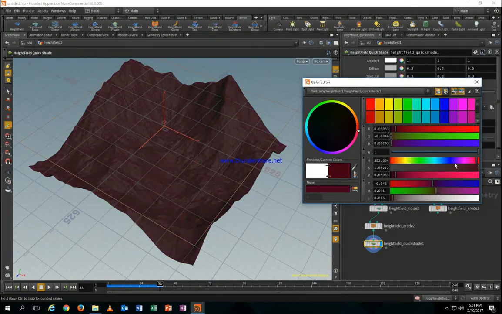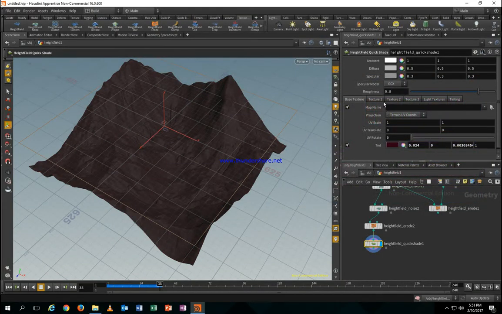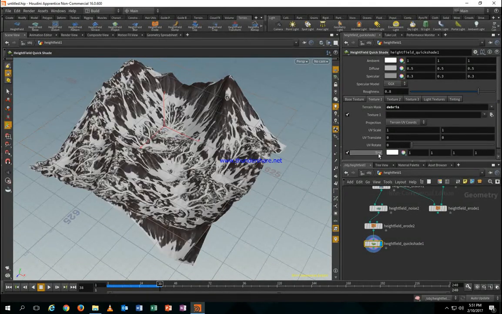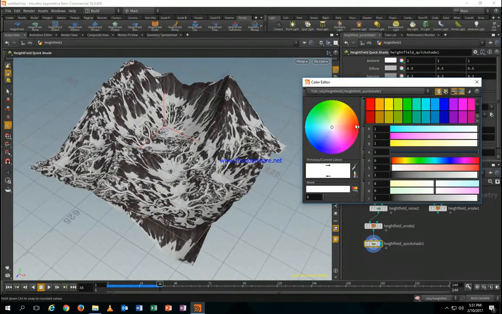Oh, no. And add, let's say, I select a debris. We can start from down to top. And I add a texture, or just add a tint on debris. So debris would be like. So that